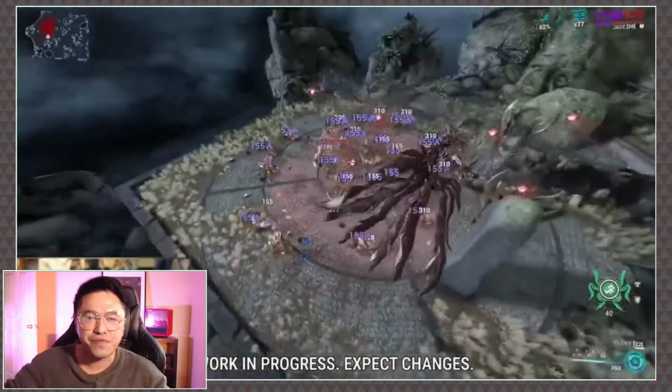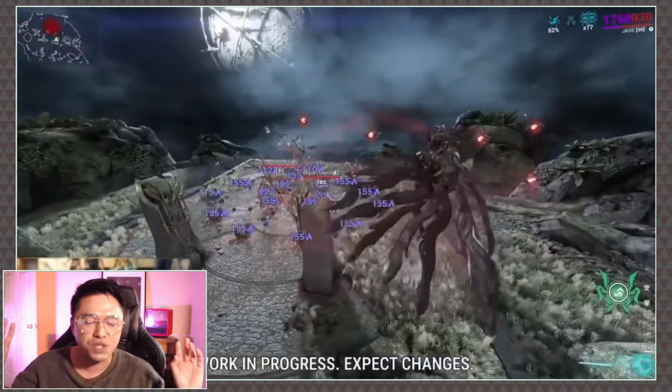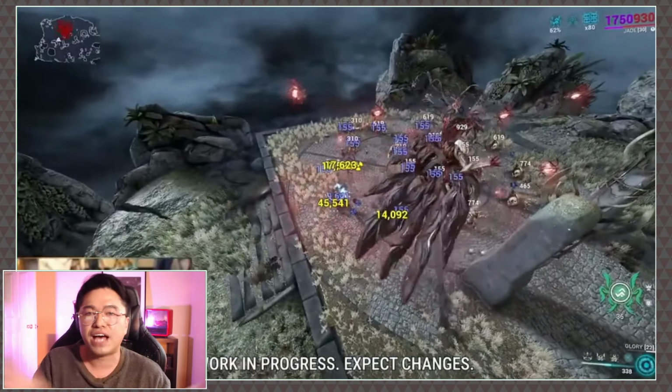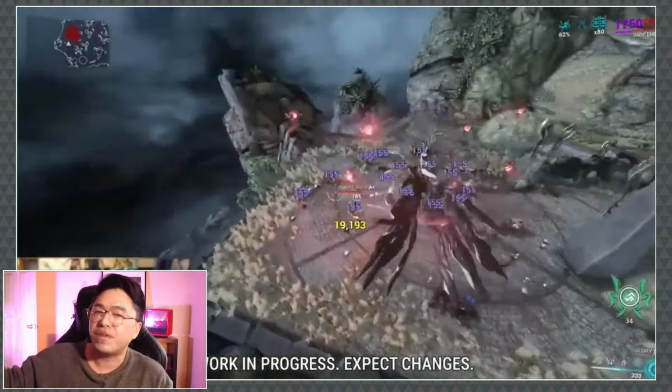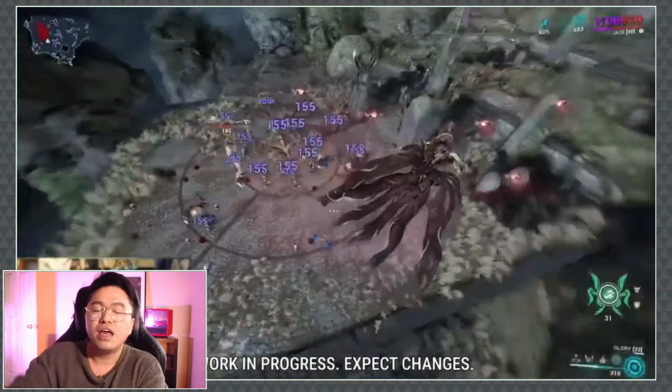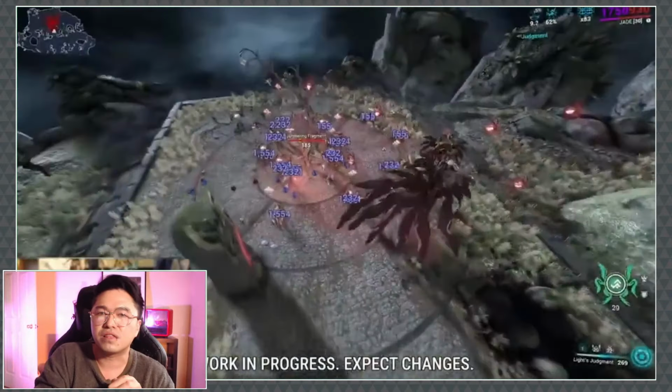Basically, you take flight and use her exalted weapon called Glory. Now, the cool thing about this is, number 1, it's a faster movement type than Hildryn's kind of hover. You're actually going to be able to zip around pretty well with it. And it looks like it kind of just lobs